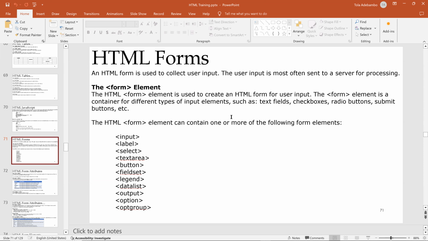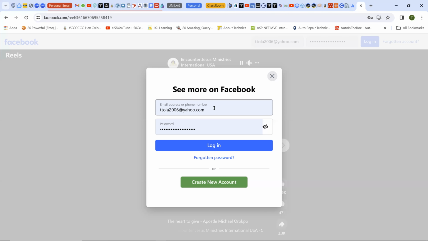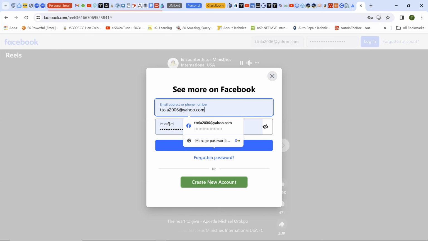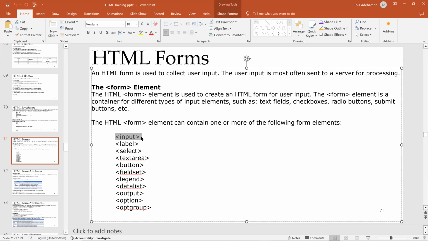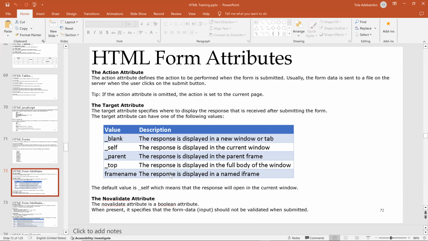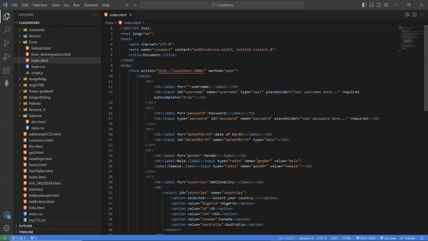And without any doubt, you will notice that input is widely used because of this input element. I just showed you an example, this one, where you enter or you type in your email or username. Also, this also is an input element. Which makes the input element the widely used element. Now, if we go to the Visual Studio code,